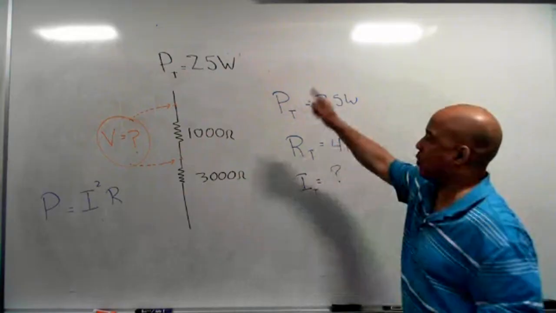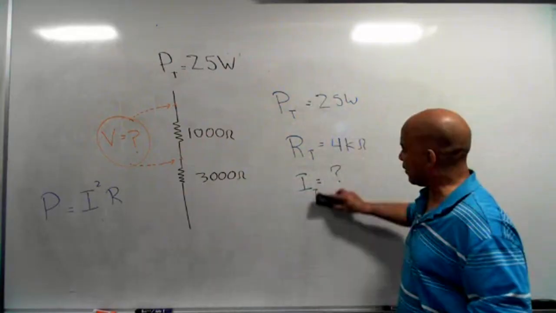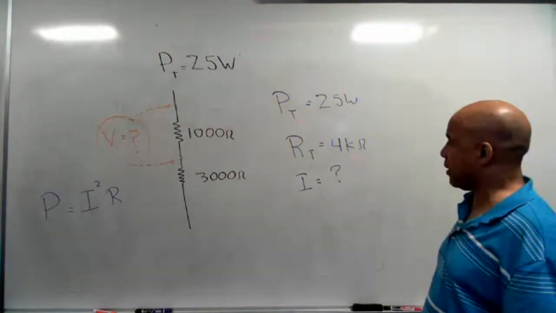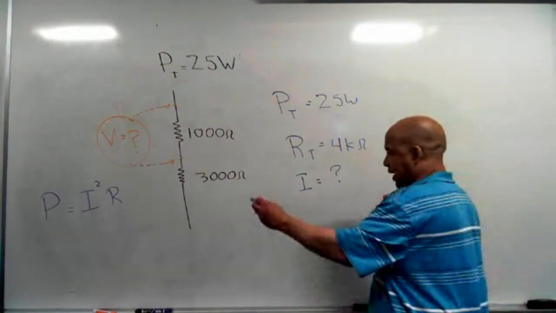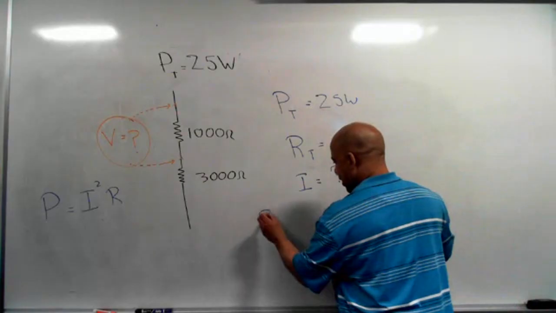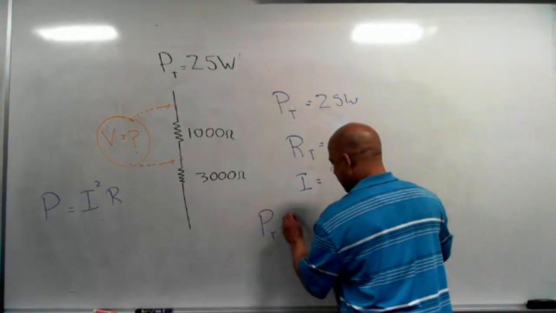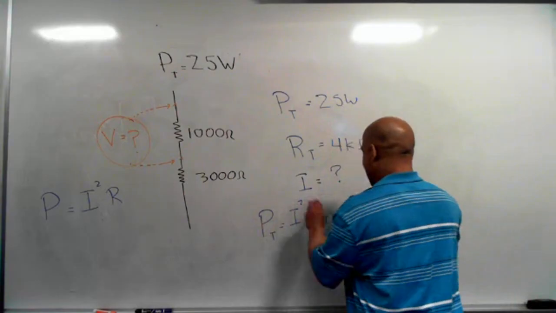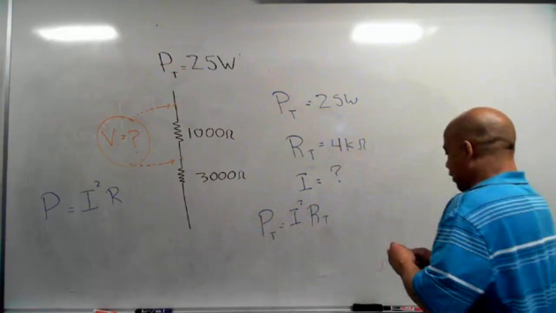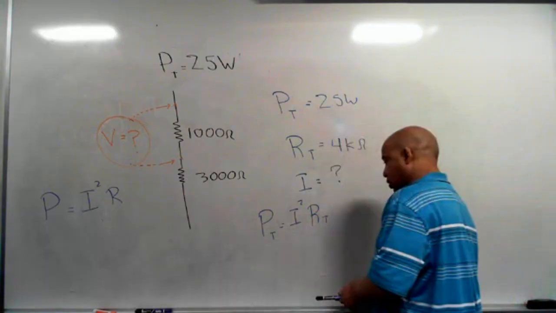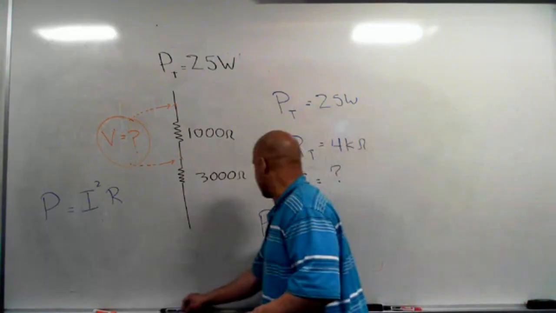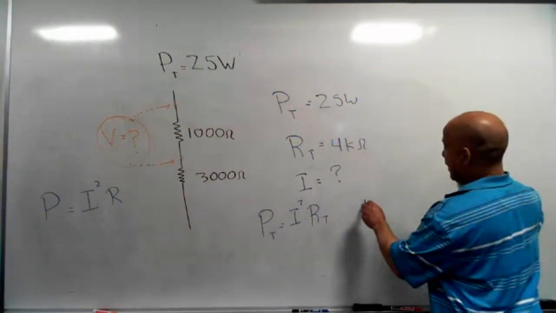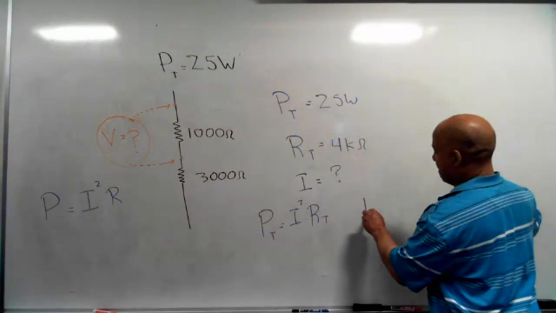And since there's only one current in the series circuit, I don't have to subscript that as a total. There's only one. So using that equation, total power equals current squared times total resistance. I can solve this for current, and then I can use that current to get my voltage drop. So if I do the math and solve it for current, I get I